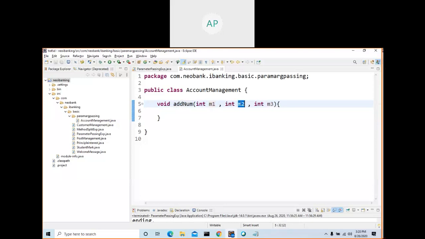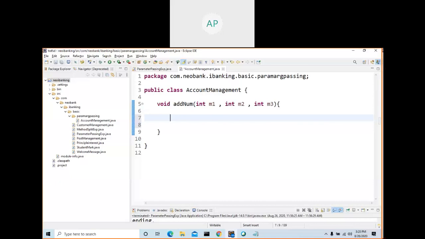M2 is a variable, and int is a data type. Same way, m3 is a variable, and int is the data type. So what is our intention of this method? Just multiply or add all these numbers and display on the screen. That is the instruction that is given to you.